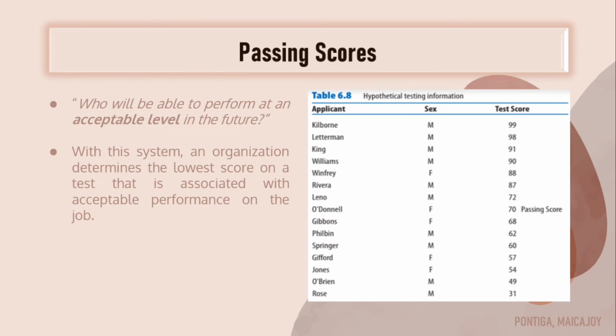Kung ang tanong sa top-down selection ay who will perform the best in the future, ibig sabihin nakabase sila sa best, kung sino yung nakakuha ng mataas na scores. Samantalang dito sa passing scores, ang tanong ay who will be able to perform at an acceptable level in the future. Ibig sabihin, meron silang pamimilian or meron silang isiniset na passing scores para magkaroon sila ng choices kung sino